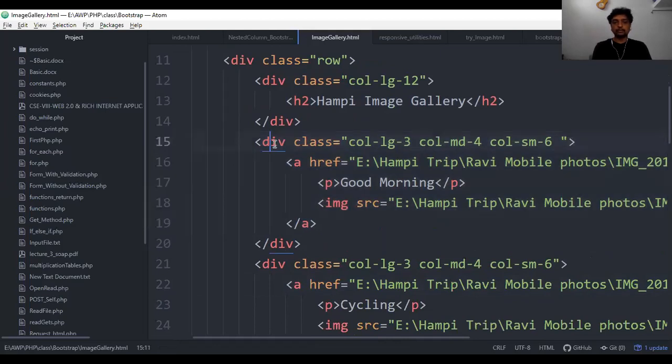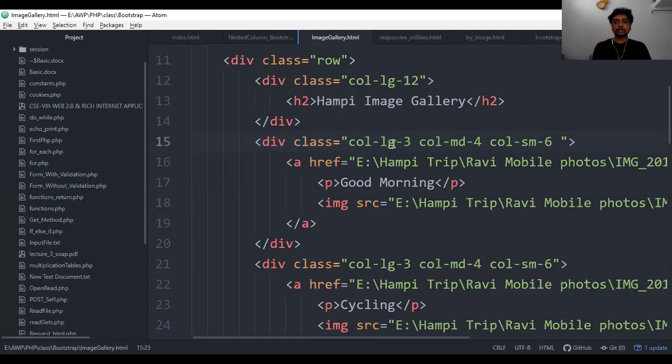From here, a new column is going to be created. Since it took 12 units, obviously from here it will go to the next columns that you can observe here. Since it is using 12 units of a single column, there is no space for any other images. So obviously the next images will move on to the next row. Automatically it will go to the next row.